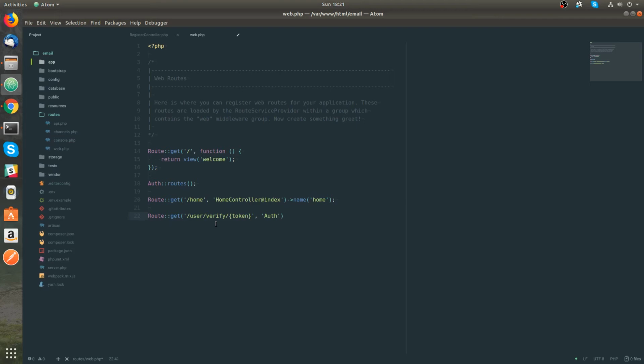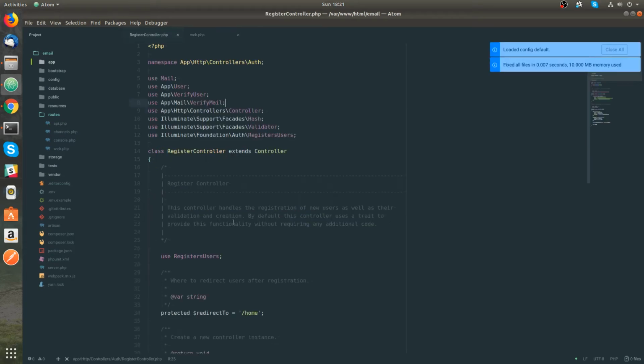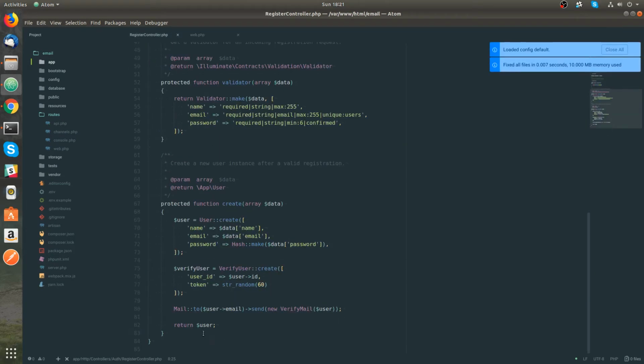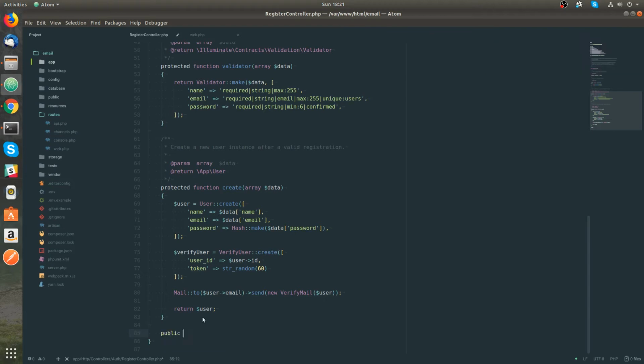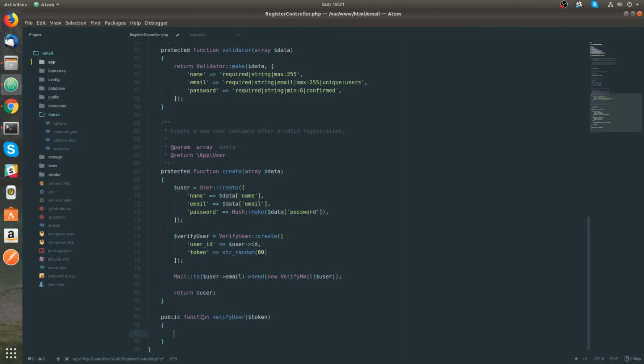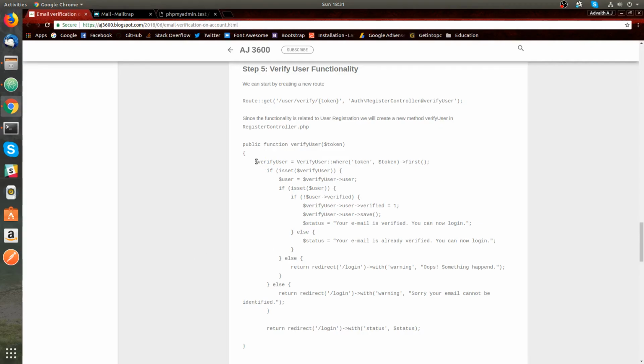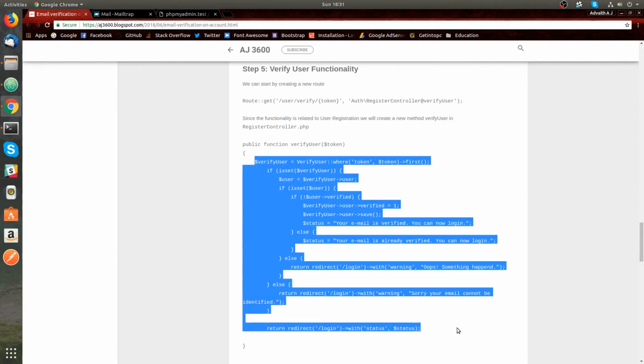RegisterController@verifyUser. So I will create a new function as verifyUser. Let's scroll down, create a new function, public function verifyUser, and we'll accept the token. I will copy and paste this from my blog post. So just copy